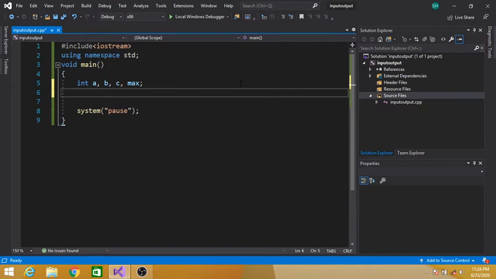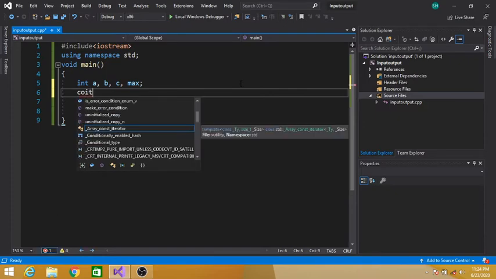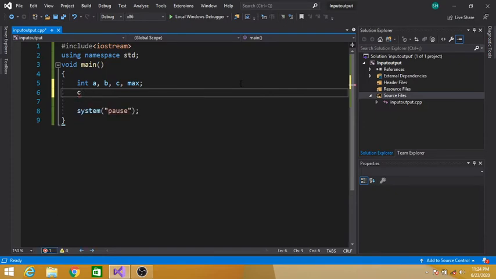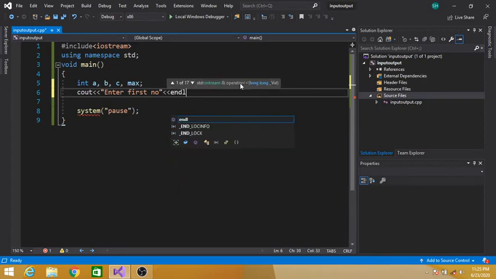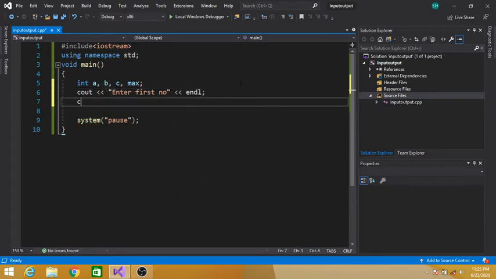First of all, cout "Enter first number" endl, then we are getting input from the keyboard.